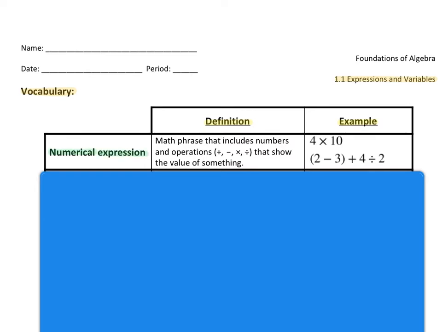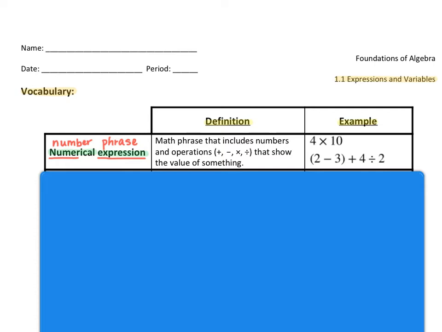And if we look at the word numerical and break that word down, we can almost see another word. Numerical almost spells number. Then if we look at the word expression and we think about literature and what that word means for us in literature class, expression means phrase. So if we put those two things together, numerical expression should mean number phrase, and that's exactly what it means